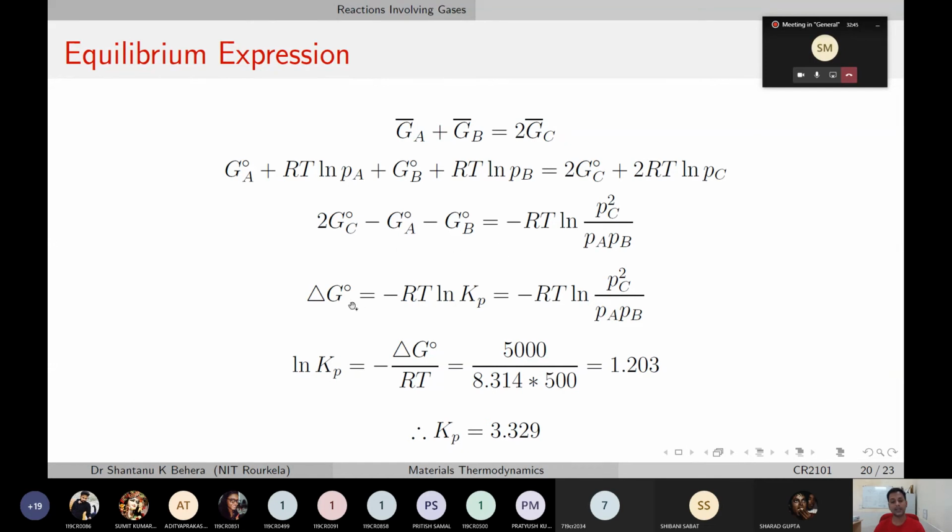And this is nothing but del G0, which is the standard free energy change for the reaction, and this we define as something called the equilibrium constant. I think you might be aware of that. This equilibrium constant, that is Kp,